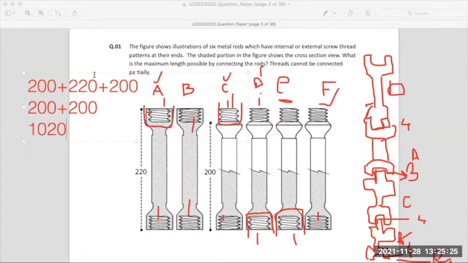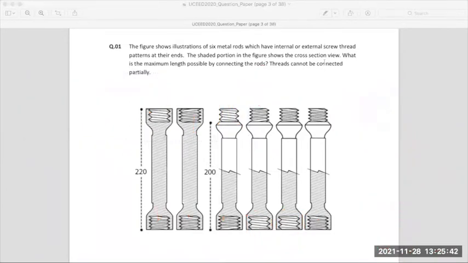Why? Because using any permutation combination, even if you take, there will be one rod which you will not be able to use. In this particular question, there will be one rod which you will not be able to use. And using any permutation combination which you follow, एक जगह पे आप एक तो रॉड छूटेगा ही, and at the end of the day आपका final answer 1020 ही आएगा most of the time. So even if I say the first rod is not getting used while other rods are getting used, you will arrive at the same answer.